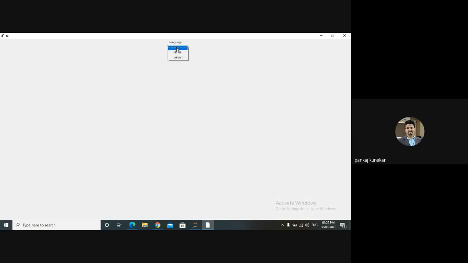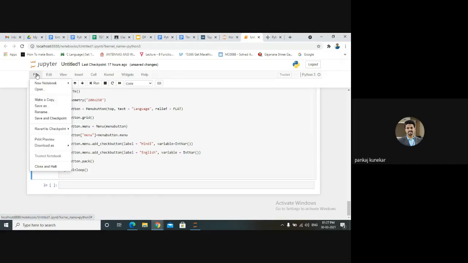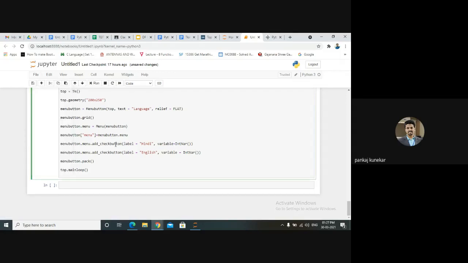So here you can see the list of this thing. Okay, so it's a wrapped one. You need to click over here and you can see here. So it is very much useful for your menu creation. This is the way we can create a menu. See, these are also menus: file, edit, view, insert. So suppose if you want to create some menu bar in your project, see, file, you have to click on this. If you click on this, your menu bar will be displayed. So this is the way we can create our own menu bar also using menu button.